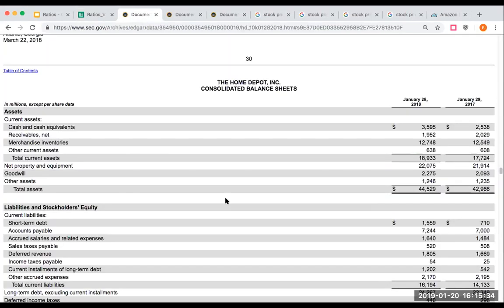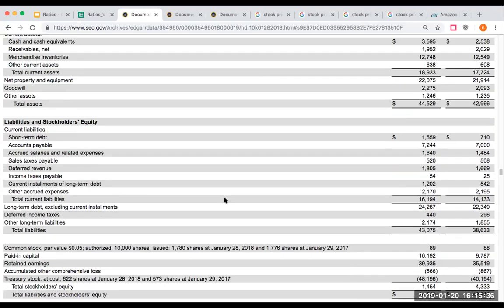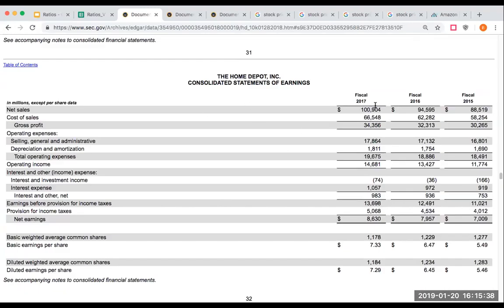Well, if I go to Home Depot and look at their annual report, here are their net sales of $100 billion, and their net earnings, or their net profit, is $8.6 billion. Notice sometimes in the equations, net earnings and net profit are the same thing. Net sales and revenue, same thing. All companies use different language for calling things, but at the end of the day,